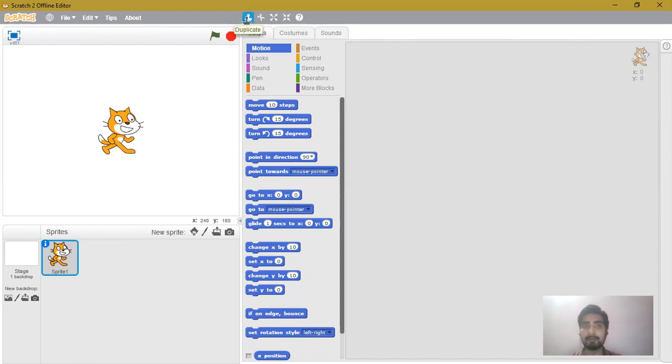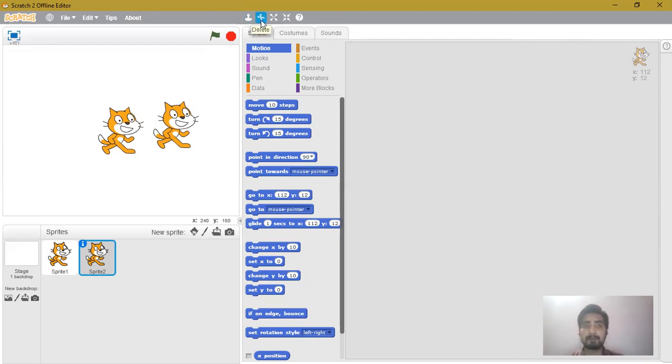Click on the duplicate icon, your mouse pointer will change into the duplicate icon, and then you can click on the object which you want to duplicate. So here I want to make a duplicate cat sprite. Just click on that and a duplicate cat sprite has been created. Now it is not visible because both are on top of each other. So here you can see two sprites are there now.